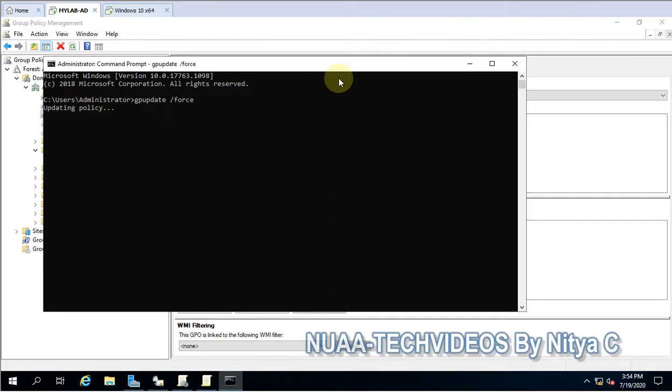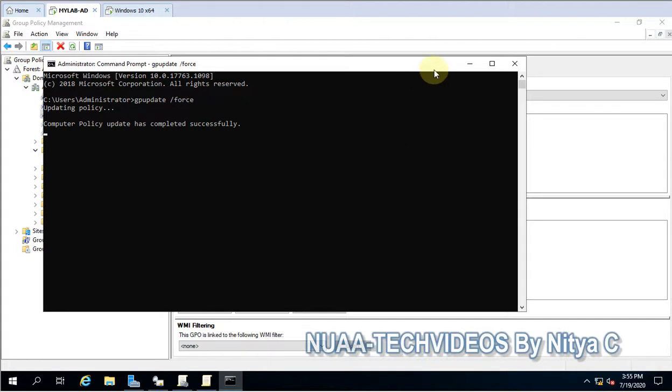Update/force. Because this is applied on the same server, which is my RDS license server also.